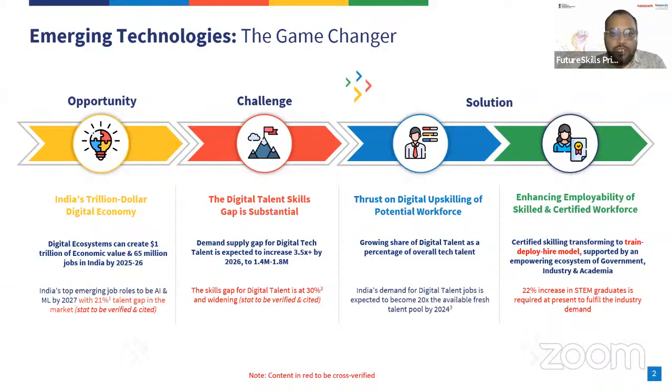I'm sorry, I have a bad throat. So in order to fulfill that gap, NASSCOM has a very vital role, and what we do is we provide you courses to bridge that gap. By getting certified in these skills which are required directly by the industry, you enhance your knowledge, you enhance your skill set, and you become zero-day productive.